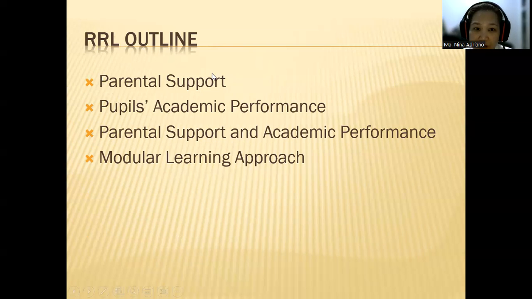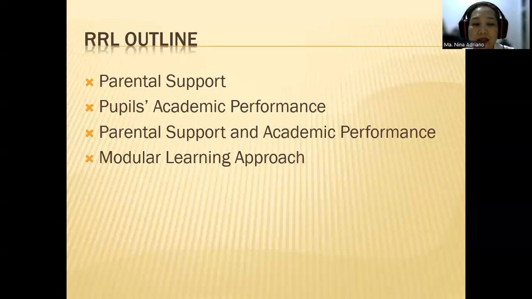Okay, the second variable, pupils' academic performance. You have to include under this heading all studies that investigated academic performance of pupils, regardless of the other variables used. Basta't gumamit ng academic performance, include that in your study. Discuss it. How is that study related to your study now? How is academic performance used in those studies that you're citing? And how is it related to the study that you are conducting now? Okay, so include everything within 10 years.